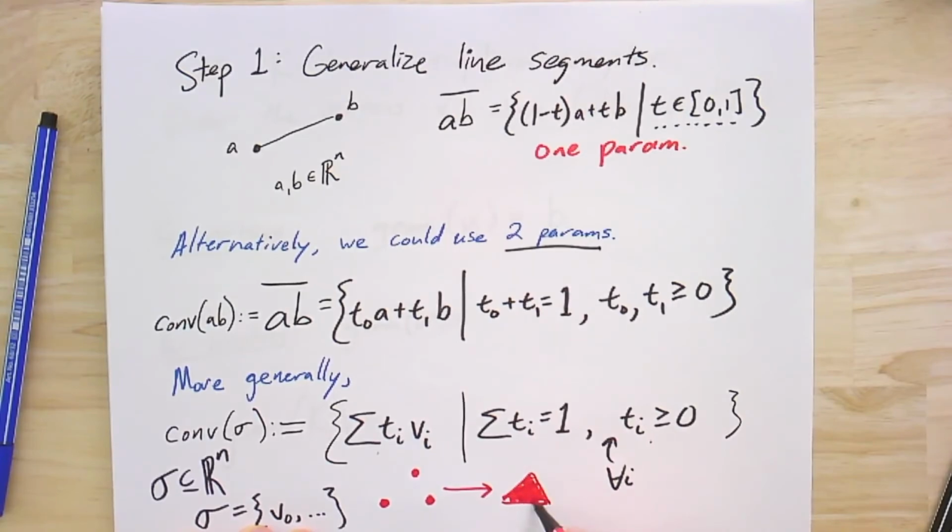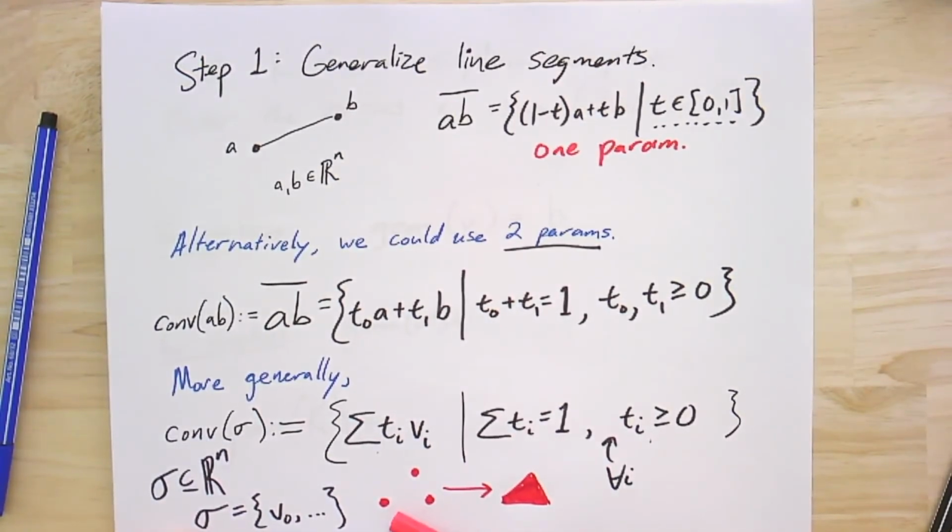This is all convex combinations of those 3 points. So the convex closure of the 3 points is the triangle, and so the triangle generalizes the line segment in the same way we had 3 point sets and sets with larger numbers of points to generalize the edges when we went from graphs to simplicial complexes. So hopefully you can see that there's a clear geometric relationship between the sets of points and the shape that